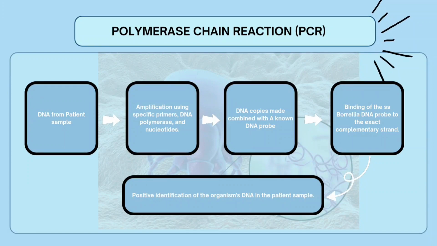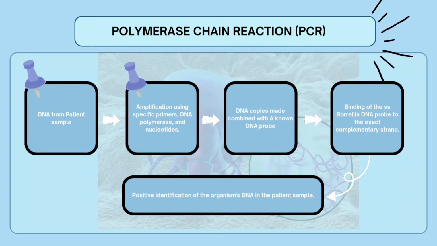Pero there are already several probes for target DNA that is present only in the strains of Borrelia burgdorferi na nagagamit na natin sa PCR testing. So, familiar naman tayo sa PCR test, diba? So, ganitong procedure niya. So, first, extracting DNA from the patient sample, followed by amplification using specific primers, DNA polymerase,